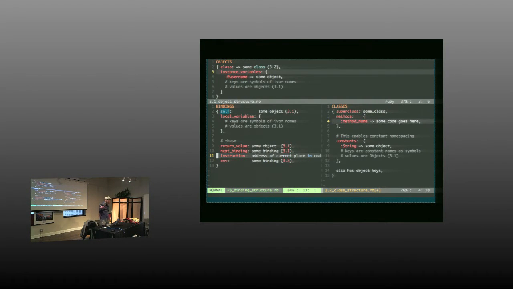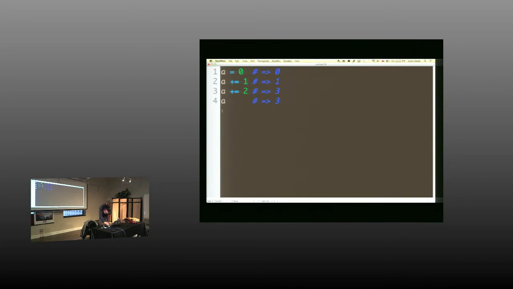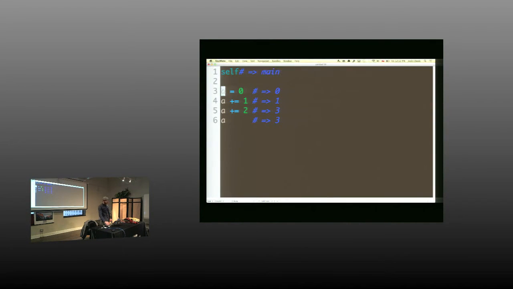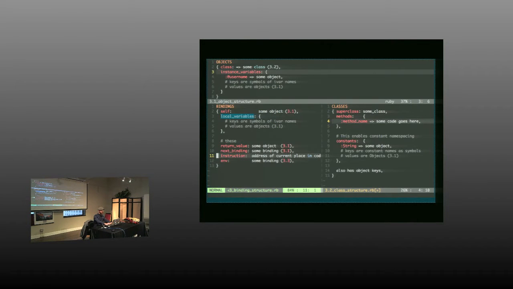Self, in this case, is pointing at some object. In this particular case, that object is main. That's a little bit magical, but we'll explain that too. And local variables here is just a hash, and we can see I've got one local variable in there. It's the local variable A. And Ruby will give you methods that will let you ask questions about stuff like that. Despite the name, this only returns the keys, not the whole hash. And so we can see that it returns the symbol A, because that was the key inside of this local variables hash right here.